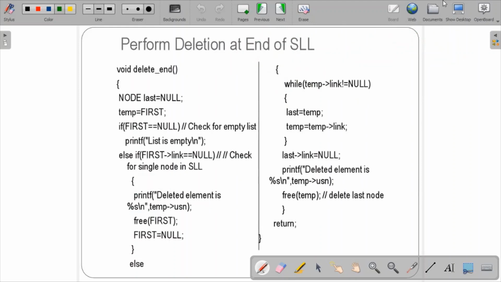30, we have 20, 10 and 40. So we have 20, 10 and 40. So this is null, this is holding 400, this is holding 100.